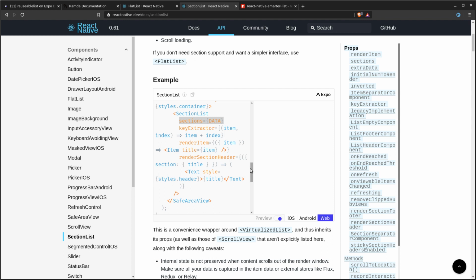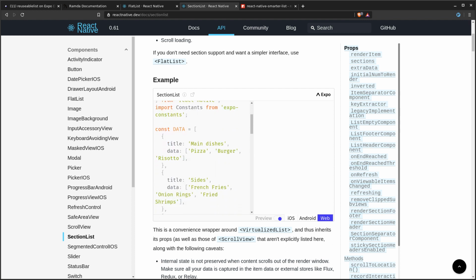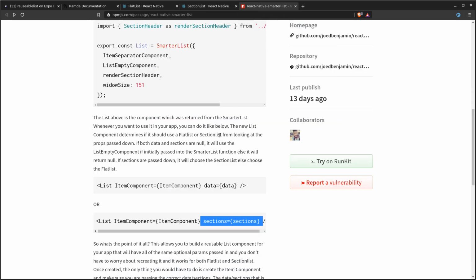For a SectionList, the data is different. It has to be an array of objects, but you have to have a title and a data property in each of those objects. So you just need to make sure that you pass in the data the correct way. But if you're using a SectionList, you will still have to pass in the data the correct way. So it's really no different. It's just that here you're able to reuse the list throughout your